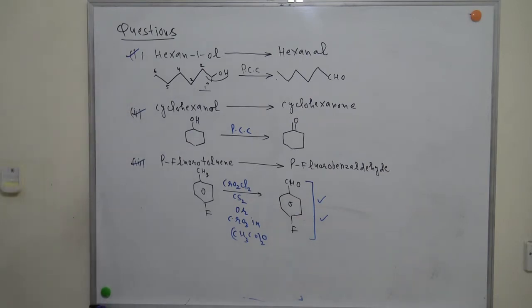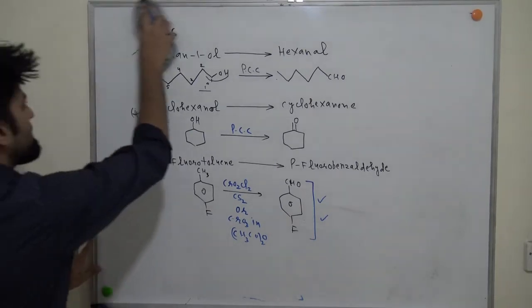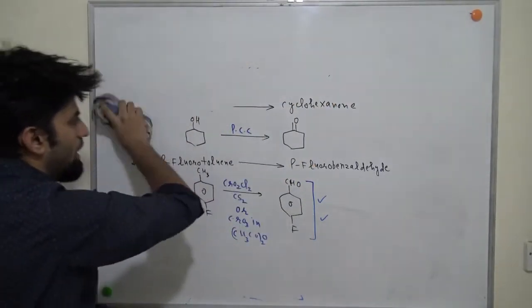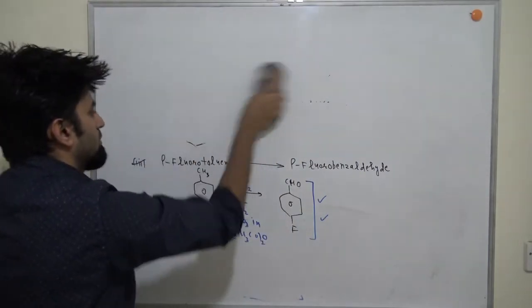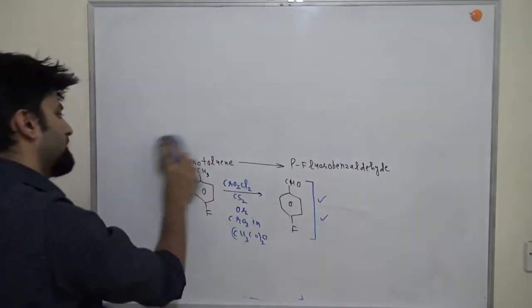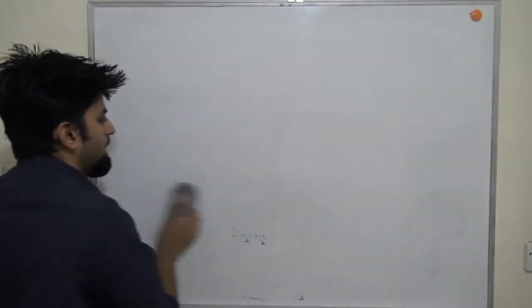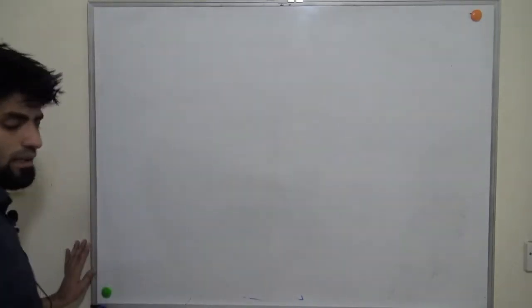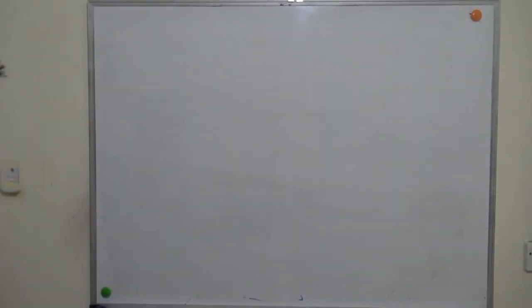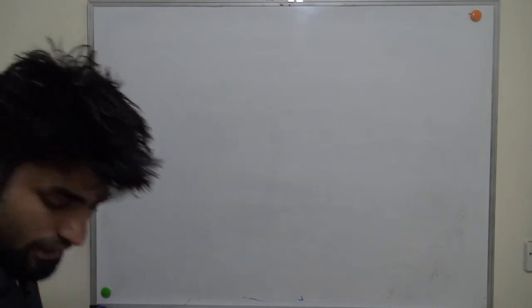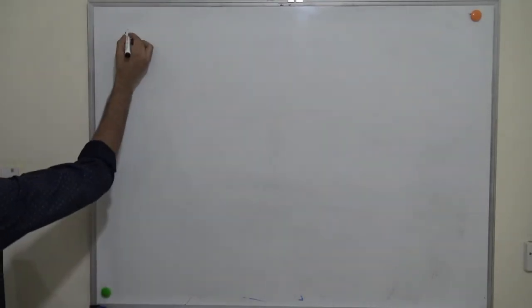Still we have done only 3 questions. There are around 8 questions. As I promised, in-text questions and examples I will cover in my class lectures only, right? And if I see some important questions from the NCERT exercise, I will also cover those, right? Okay guys, the next question that I'm writing for you now, the fourth one, is ethane nitrile.